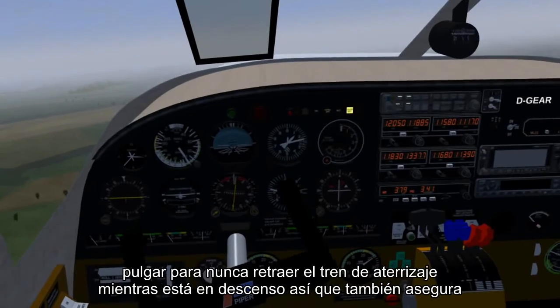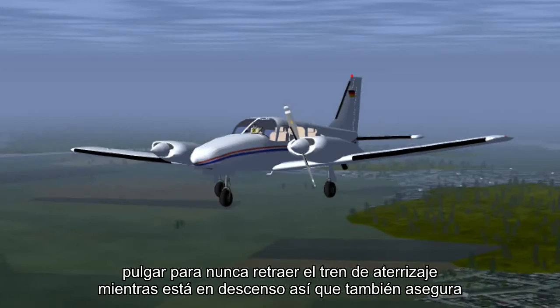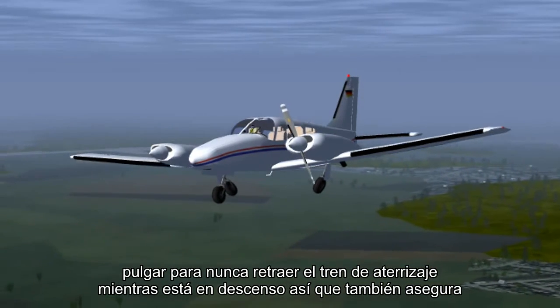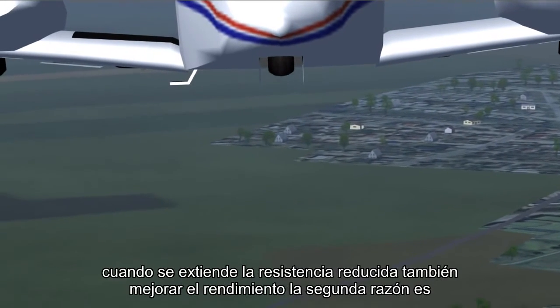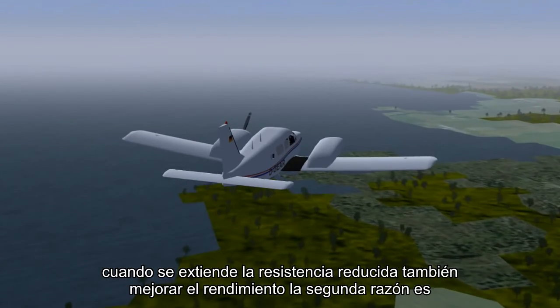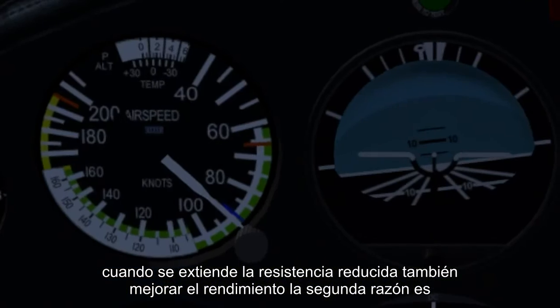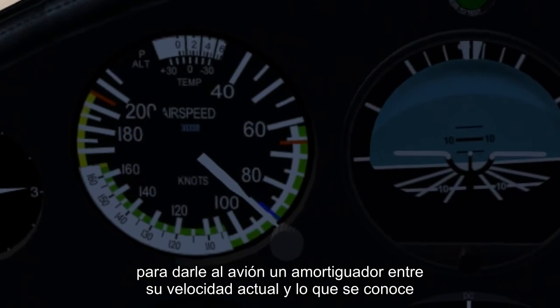It's also a good rule of thumb never to retract the landing gear whilst in a descent, so it also ensures that the pilot can safely retract the landing gear, which causes a lot of drag when extended. The reduced drag will also improve performance. The second reason is to give the aircraft a buffer